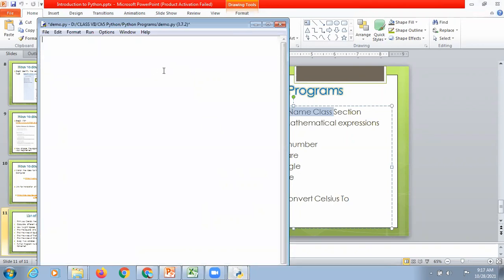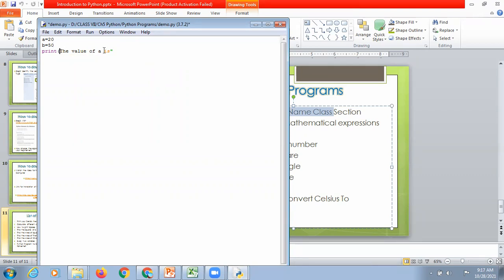So let's take two variables. A equals to, the value is let's say 20, B equals to 50. So here I am printing the value of A is, double quotes is missing.